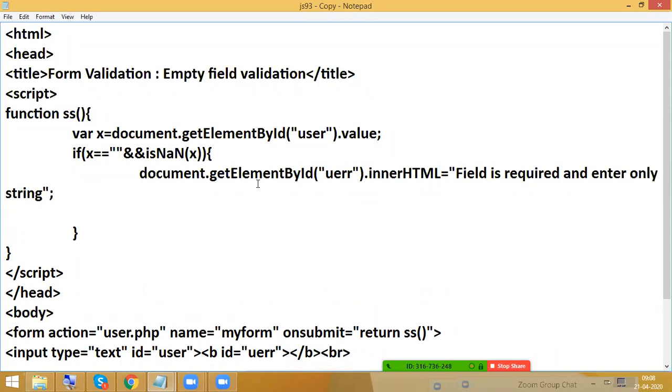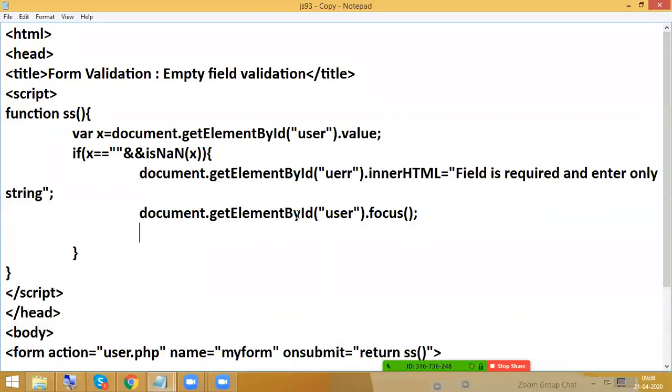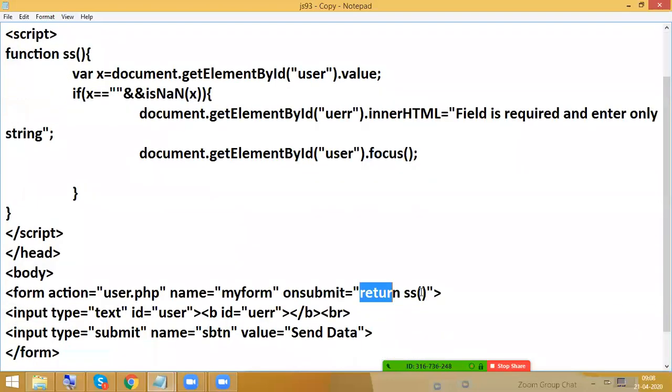Obviously, the next step is focus: document.getElementById user dot focus. After completing focus, the next step is that it automatically goes to the action equal to user.php.